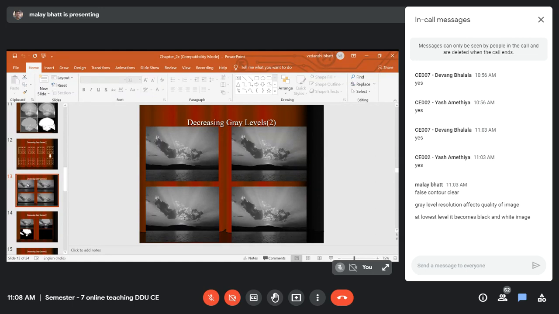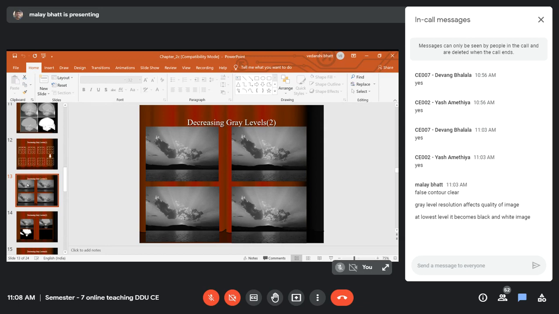And then we have a 32 gray level image, which is a 5-bit image. Up to this, you cannot find much detail difference between the original image and this image, because you cannot visualize the details with your eye unless you zoom in to a very high level.